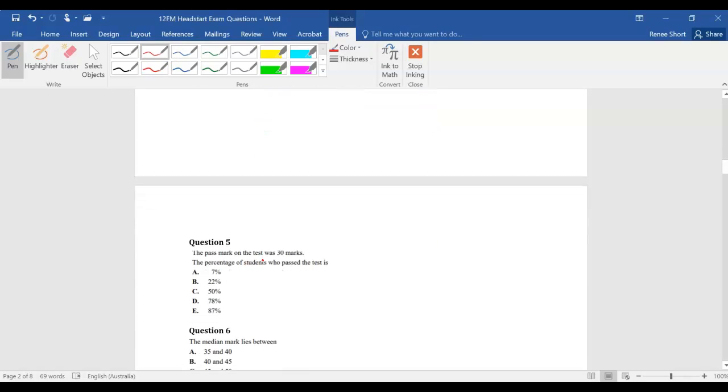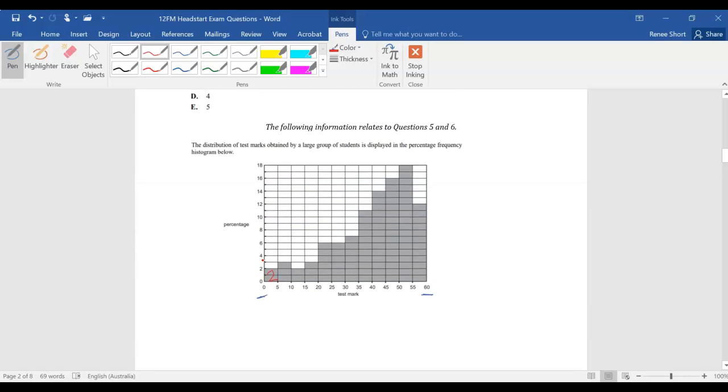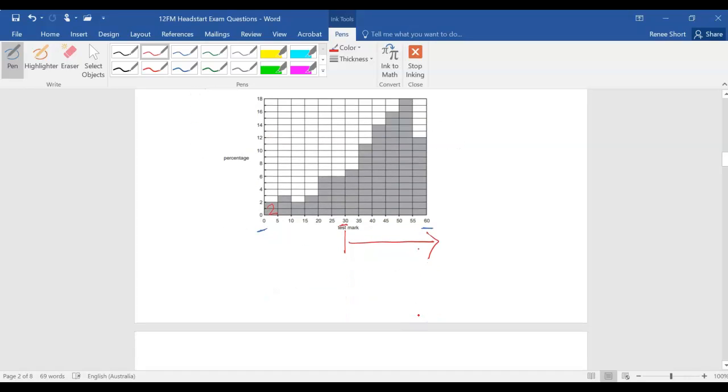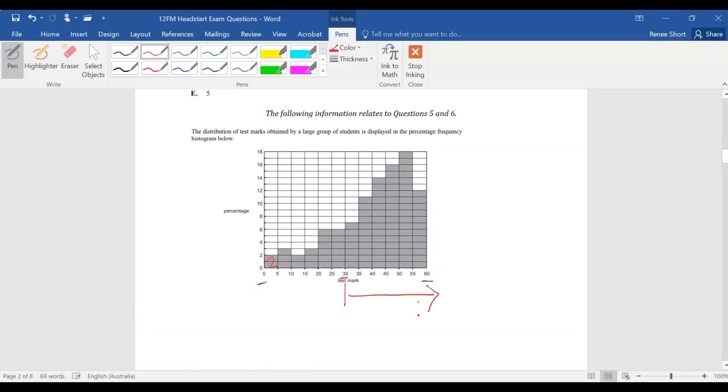If we come back down to question 5, it wants us to know the pass mark on the test was 30 marks and the percentage of students who passed the test is. So if the pass mark is 30, which is here, the percentage that passed the test is how many percent got more than 30. Now, to approach this question as well, part 6 wants us to find the median, so